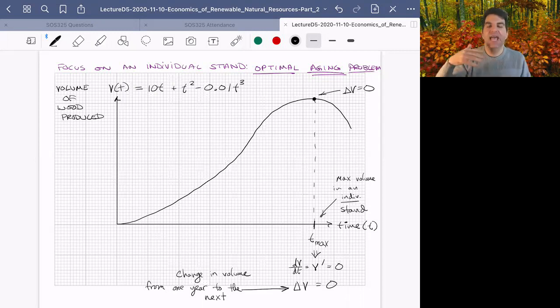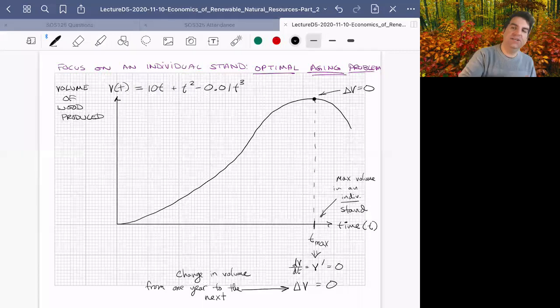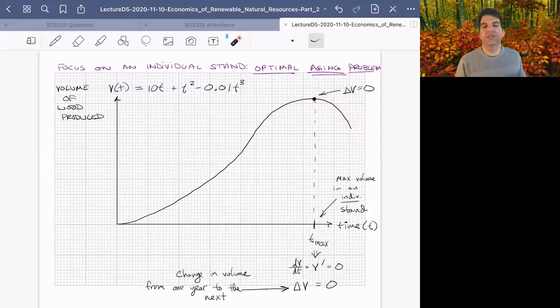There's going to be some year where you look at the growth and say, there really wasn't any growth this year. It was the same volume from last year to this year. After that point, you can be pretty confident that you're going to see declines. In other words, some of your trees are going to start dying. And so that is the best time to harvest if you really want the maximum volume in a particular stand